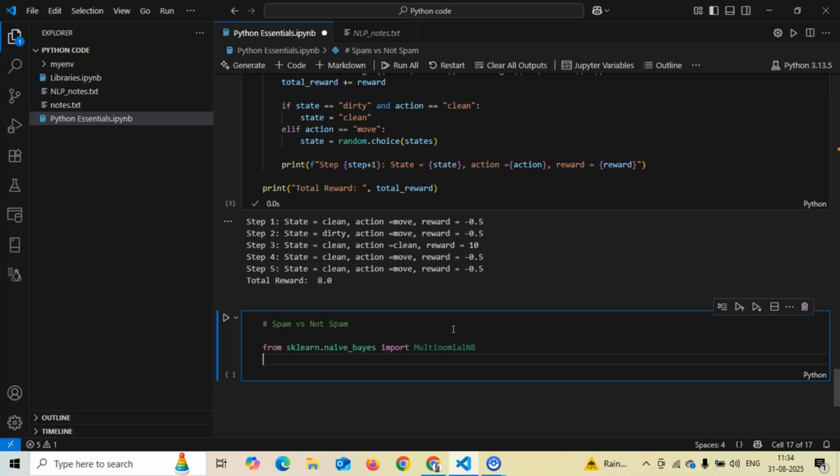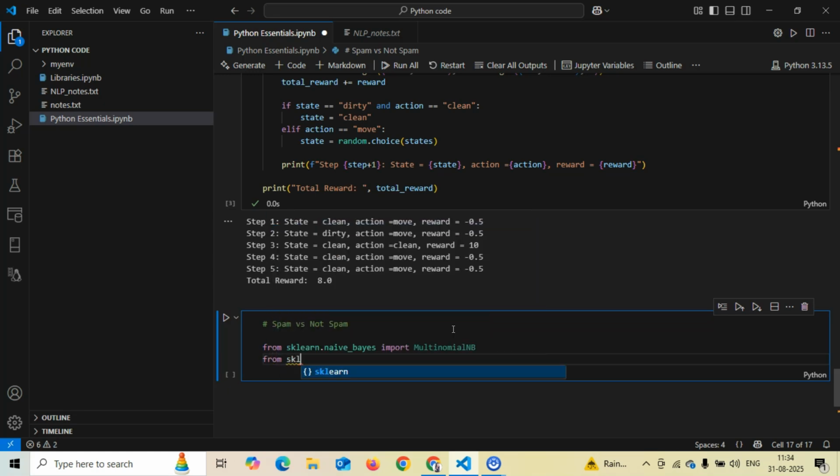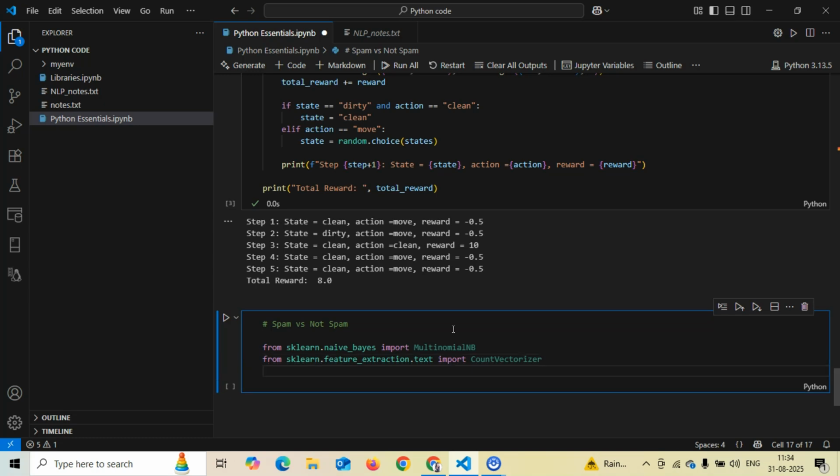Similarly, again from sklearn.feature_extraction.text, we will be importing the CountVectorizer function from the library sklearn to actually vectorize a data set, to pre-process a data set.